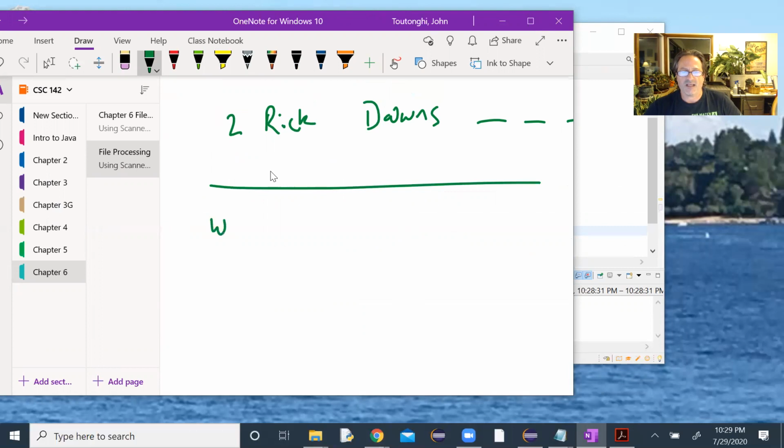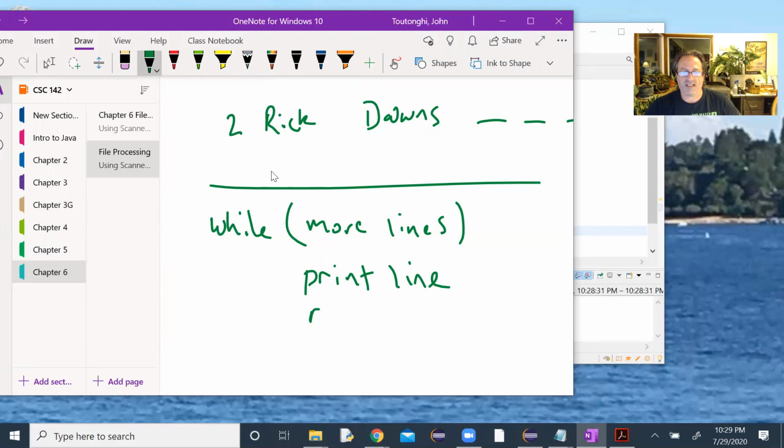But I'd want to say, while there's more lines, then I'd want to print each line. And then read the next line. Maybe not read it here. I'm not quite sure where that read's going to go. But essentially,